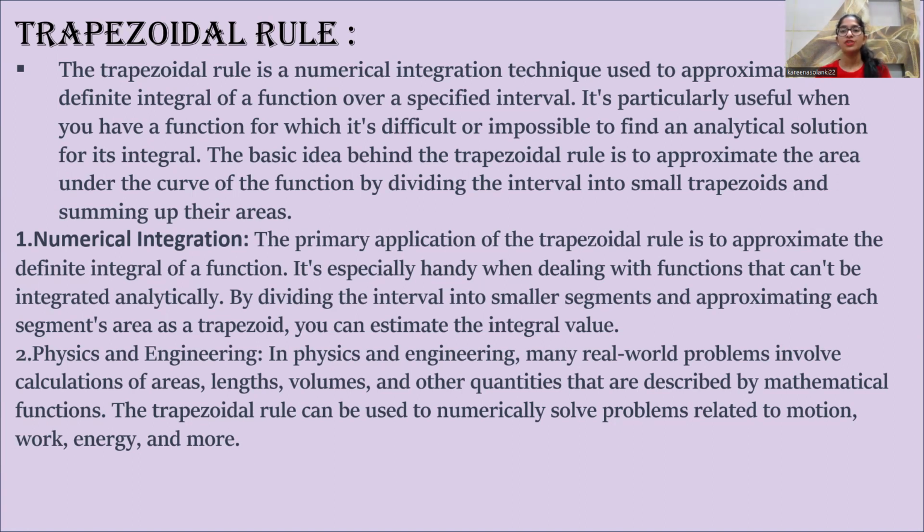So basically, the trapezoidal rule is used to approximate the area under the curve of a function by dividing the interval into small trapezoids and summing up their areas. Its main application is to approximate the definite integral of a function. It can be used to deal with functions that can't be integrated analytically. By dividing the interval into smaller segments and approximating each segment's area as a trapezoid, you can estimate the integral